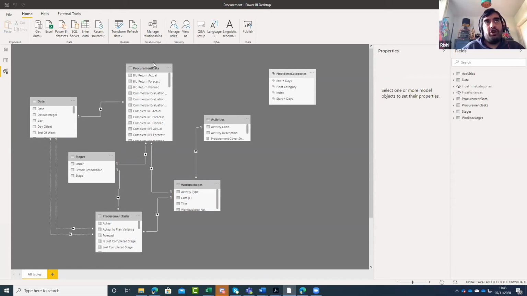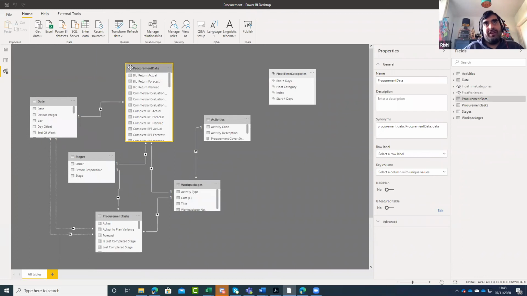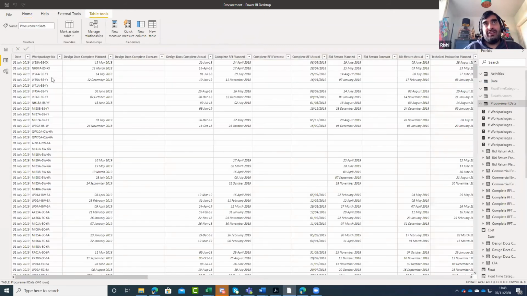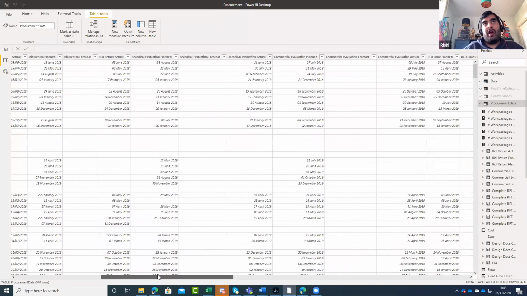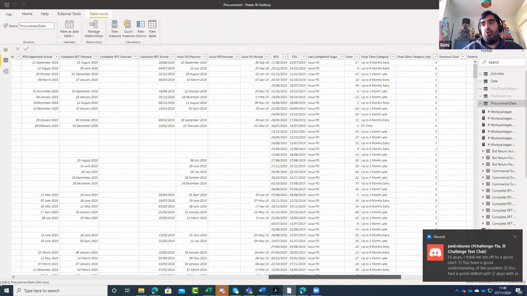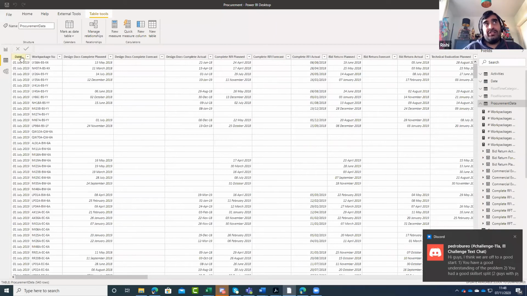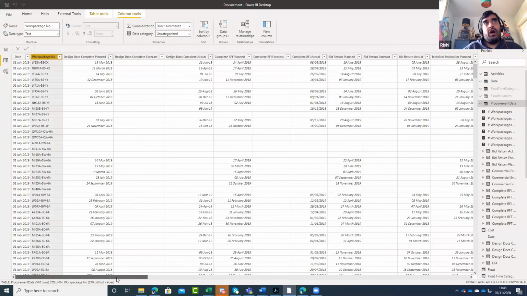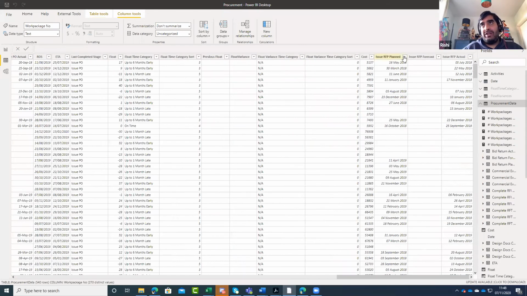So we've actually got two fact tables here, and I'll come back to the second one. But this is the main one. So procurement data. So this is essentially I've brought in all of the data. I don't think I needed to bring in all of these columns. So I brought it in for kind of completeness here. But essentially what I needed to bring in here, the analysis I need to do on here is extract date, work package number. And then the main things I'm interested in is